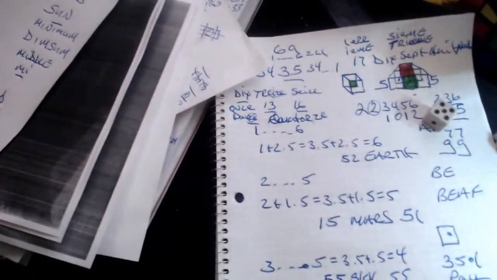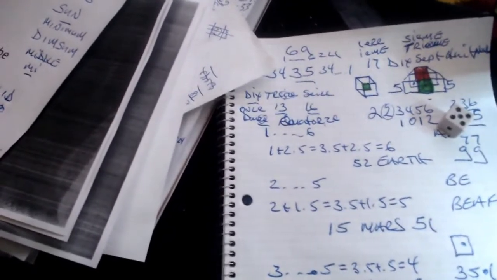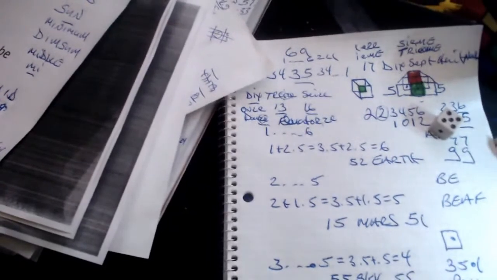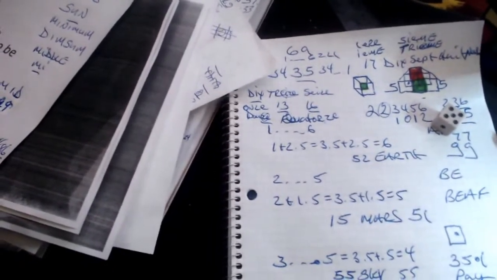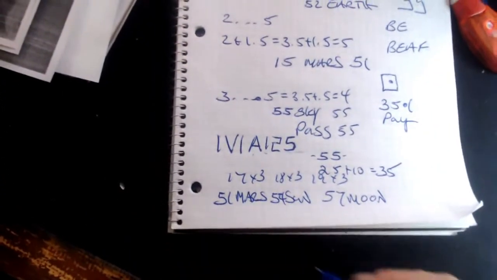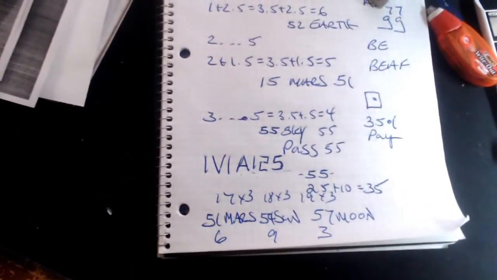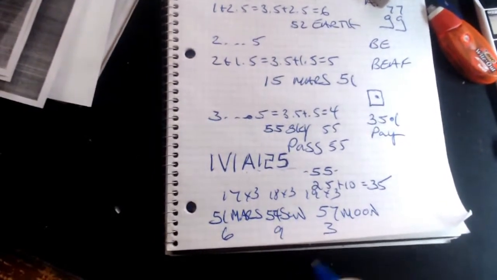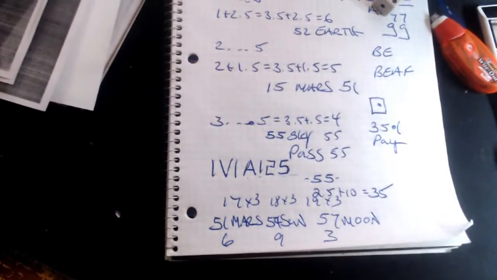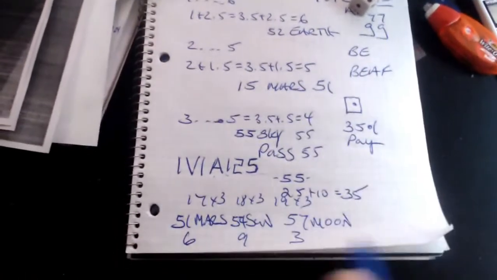Now I like to multiply everything to bring it to a new realm. 17 times 3. Then you're going to have 18 times 3 and 19 times 3. I like to say that 57 is a good number, 54 is a good number, and 51 is a good number. And these are some of the words that go along with these numbers: 6, 9, and 3. In rotation of Mars and the Sun is creation through the Moon. Federation of Mars. Our acceptance for every single word that is spoken, for everything that we believe,